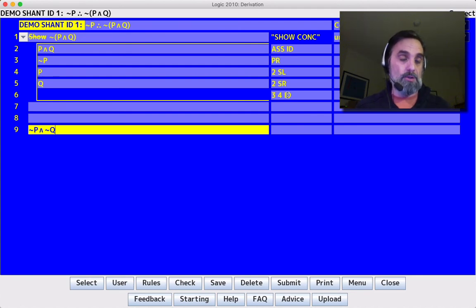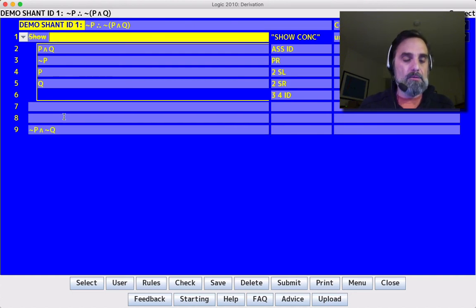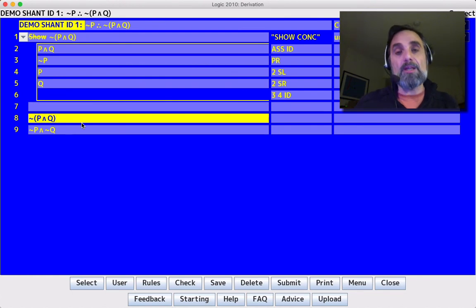My left conjunct is true, which is negation P, and my right conjunct is true, which is negation Q. So line 9 says that both P and Q are false. Whereas line 8 doesn't say that both P and Q are false. It says that the conjunction of P and Q is false, and there are many ways that the conjunction could